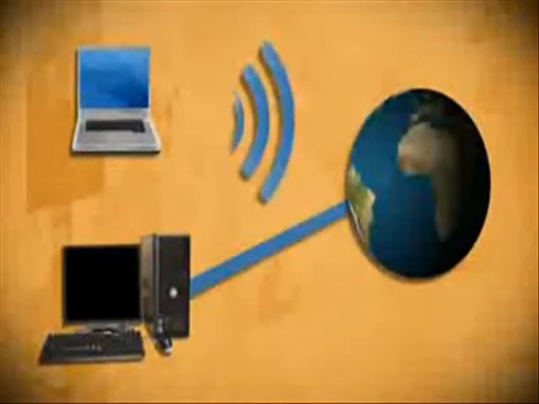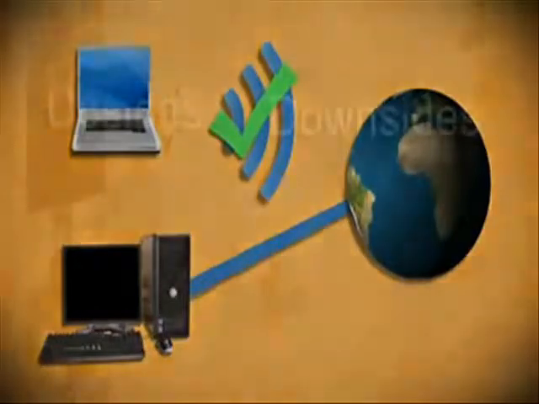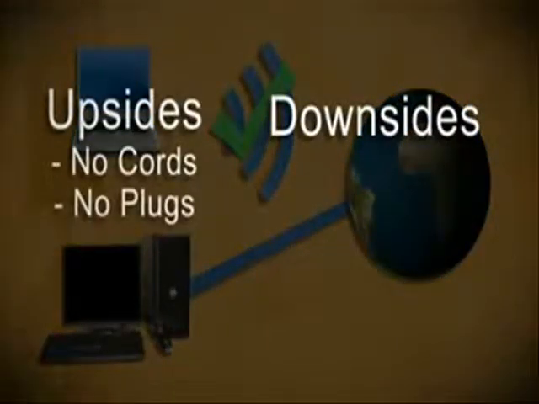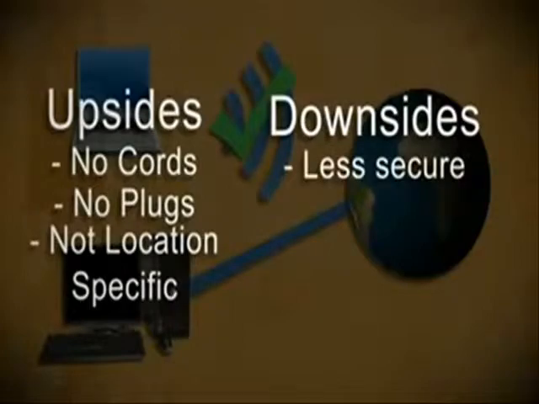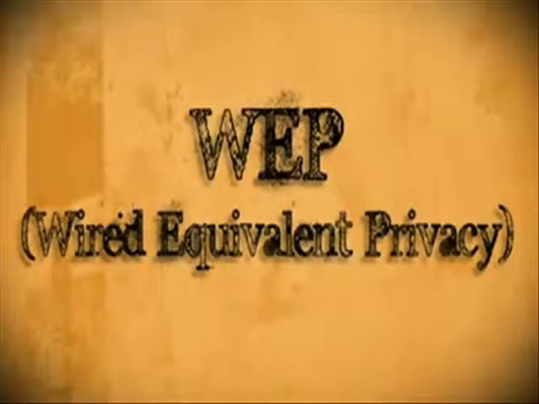When it comes to accessing the internet, wireless internet has become the most preferred means because you don't have to worry about cords or plugs, and you're not even confined to a specific location. But the downside to using a wireless connection as opposed to a corded connection is that wireless connections are a lot less secure. So in this video I'm going to show you one of the vulnerabilities involving a WEP wireless